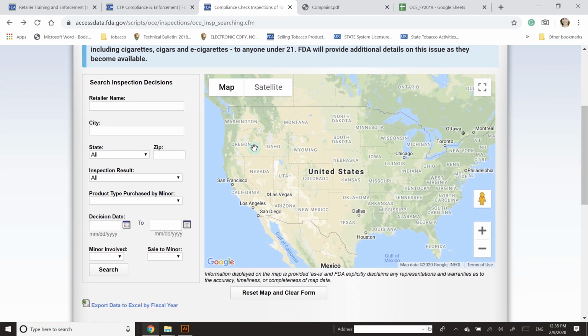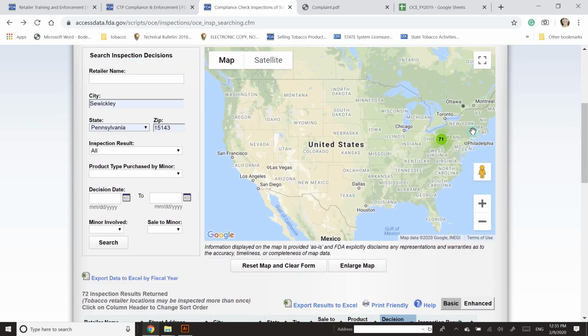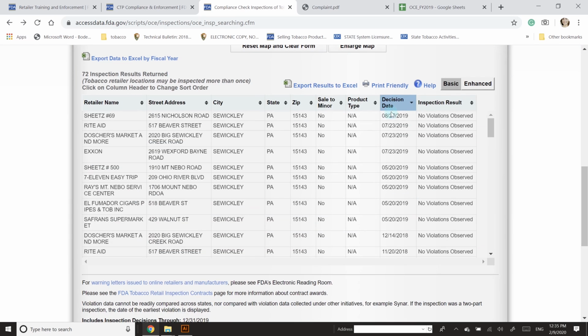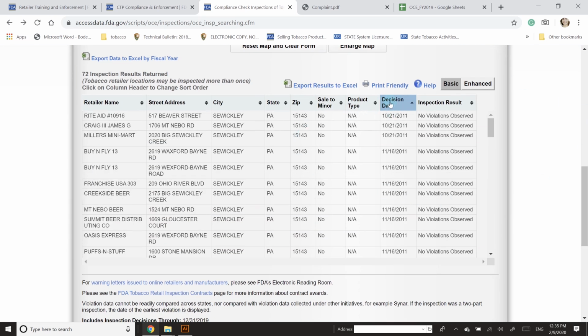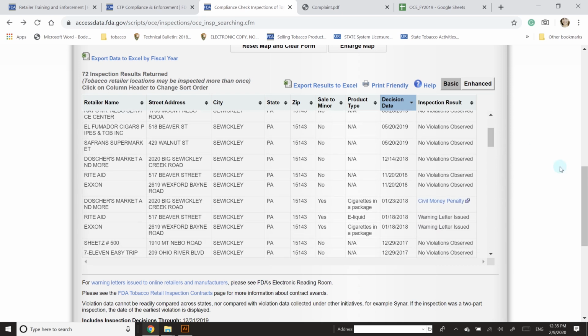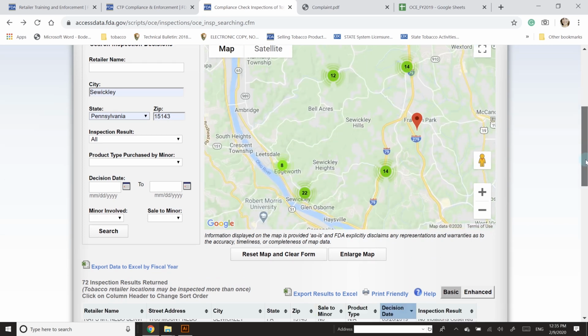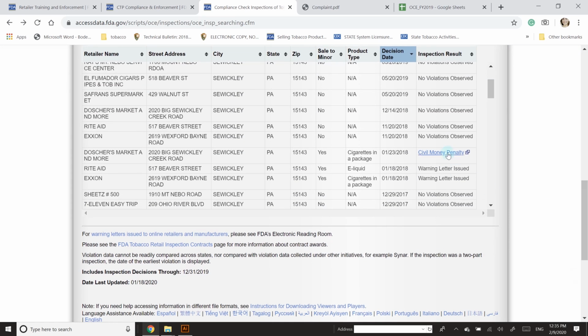I am going to put in a local zip code like this and search. It'll bring up 71 inspections, and I didn't limit it by date, so it's going to go from 2011 to 2019. You can drill into this page by just clicking on the number, and it'll help drill you in a little bit closer. Then you can see the inspection result, and you can see a civil money penalty for this retailer. So if I click through,